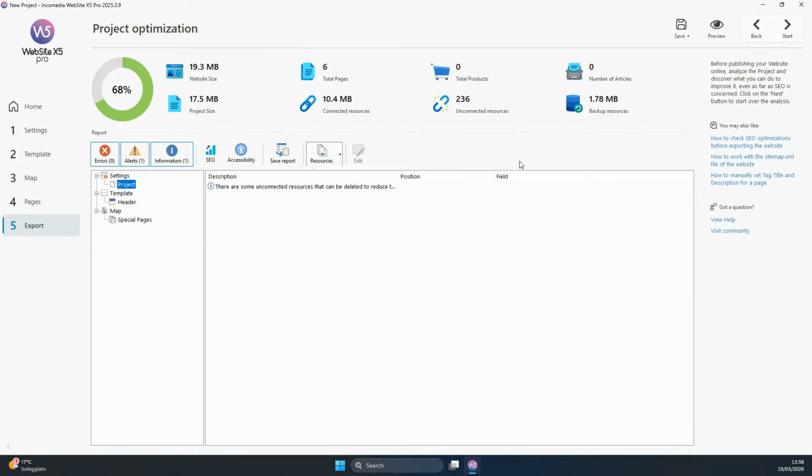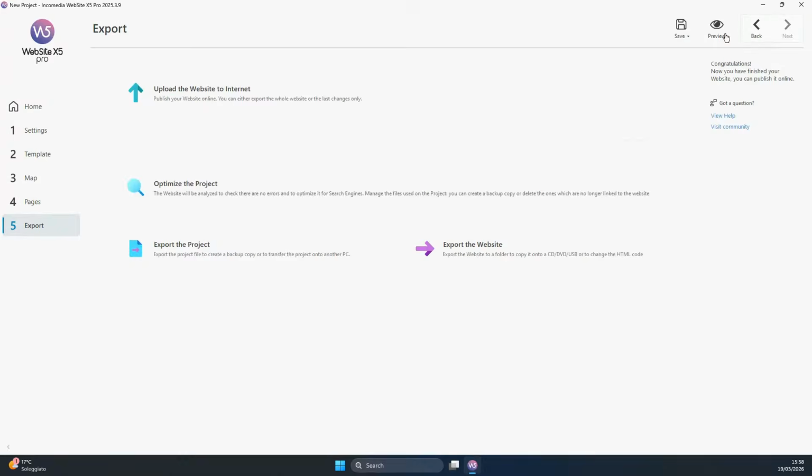Essentially making the project much lighter on your computer. And also, if you were to create a backup copy of it, again, the project is, of course, going to be much, much lighter to move around or to upload online. One very important thing to keep in mind with this,